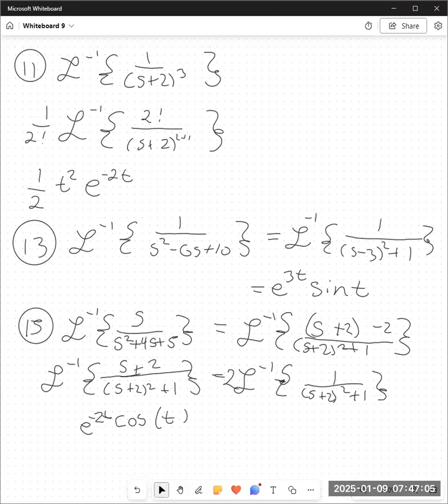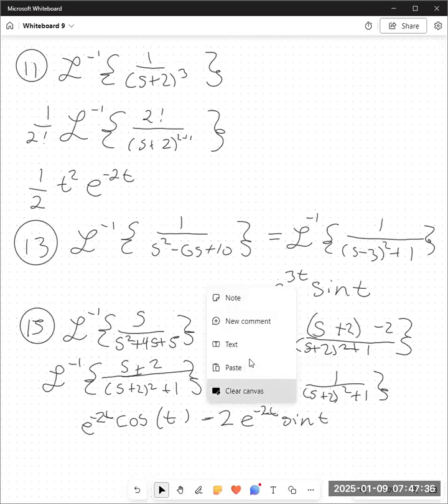Cosine of t minus 2 sine, minus 2e to the negative 2t sine of t. Sorry, I started writing down number 14 instead of number 15. So